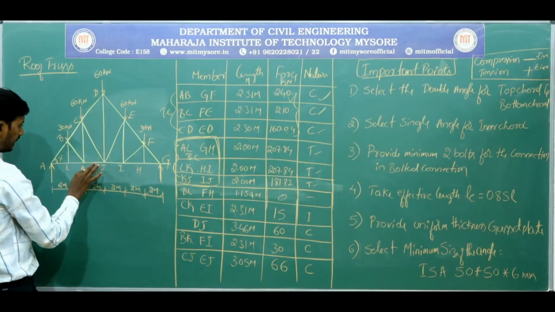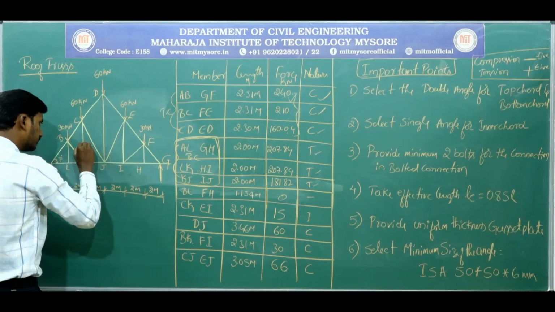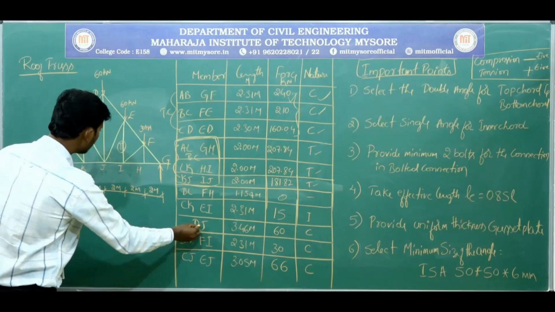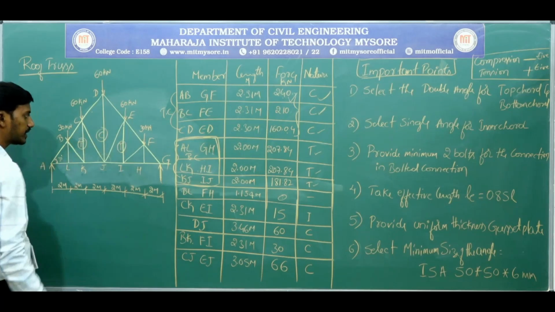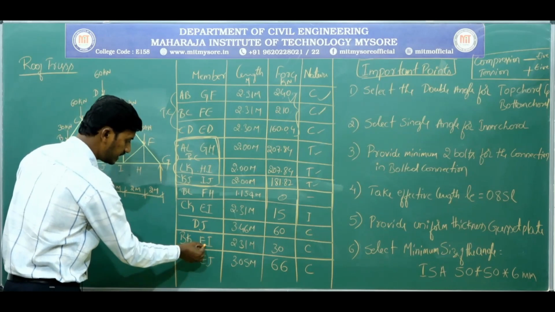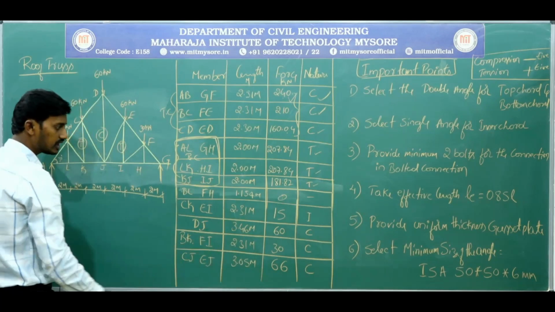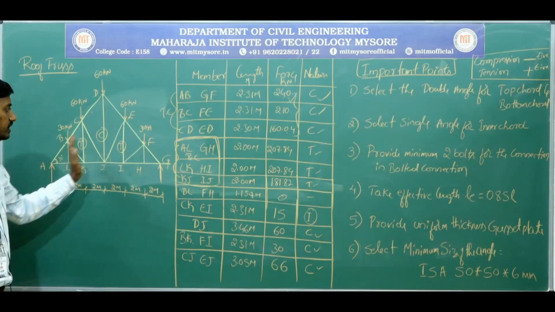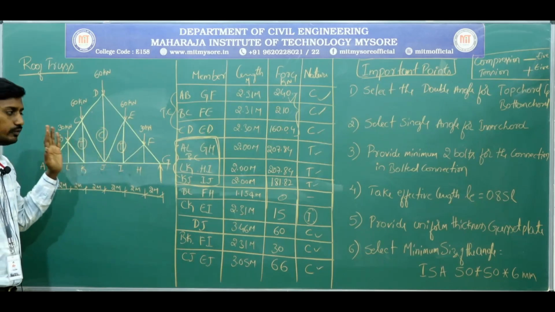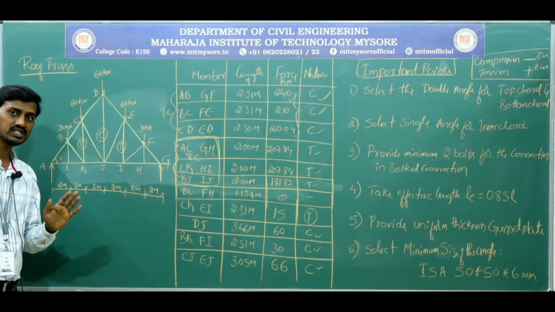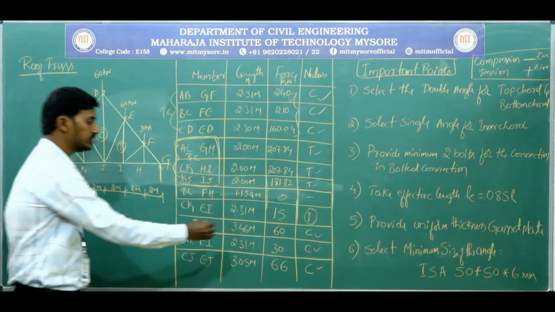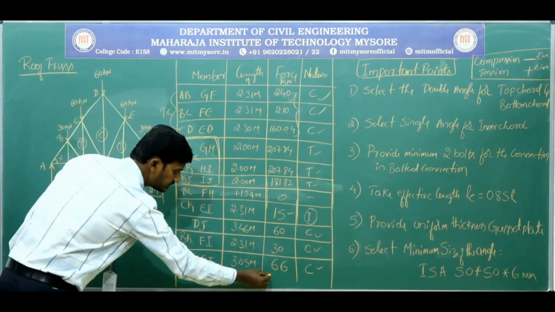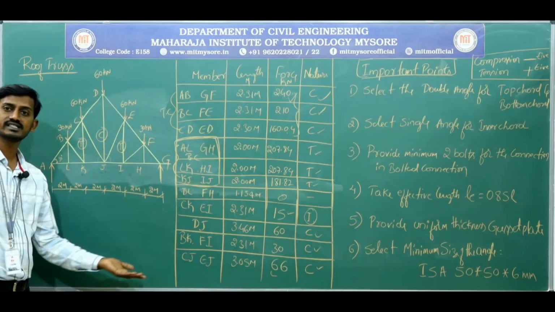CK and EI, this is having tension, right? And next DJ is having compression. Same way the other ones BK, FI, CJ, EJ are also compression, and this is tension. So what we need to do for the inner member or inner chord is we need to design for both tension as well as compression. For this 15 kilonewton, we should design as tension member, and